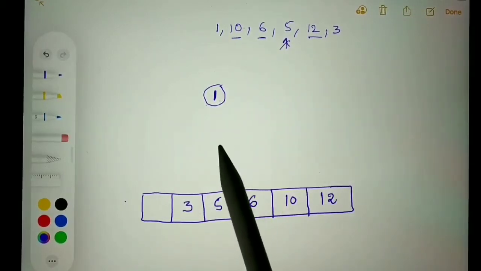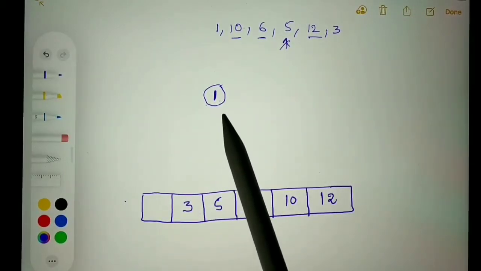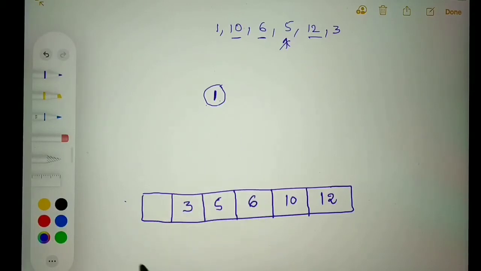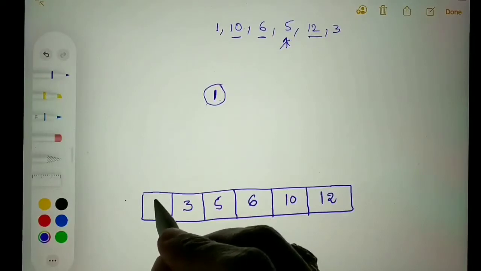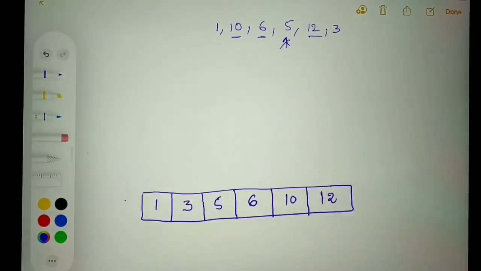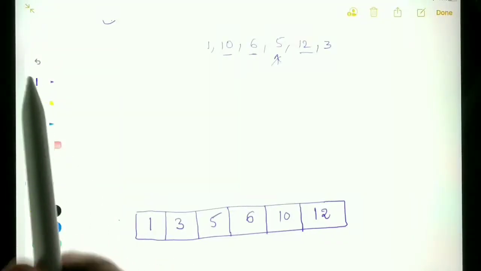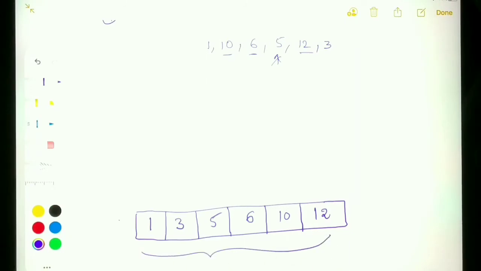And finally we are left with only one element, so we can directly add it to the array. If you see the elements here, these are already sorted: 1, 3, 5, 6, 10, 12. So this is how heap sort works.